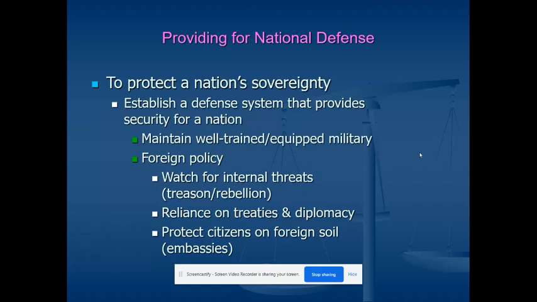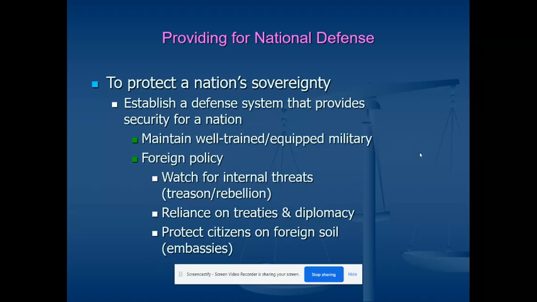security perspective. Homeland security, the CIA would be another example of foreign policy aspect where their job is to gather intelligence or spy on other countries and make sure that there's no threats to the United States. But we also rely on treaties and diplomacy in a significant way. So, using the United Nations and, like I mentioned before, our ambassadors to help create an environment where the U.S. can settle disputes with other nations peacefully.